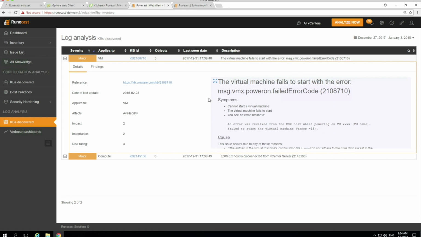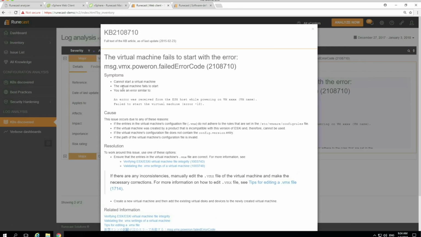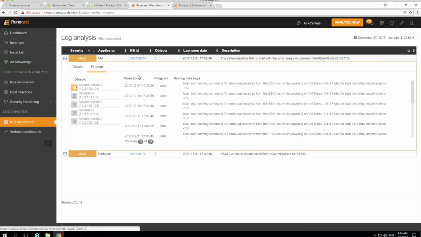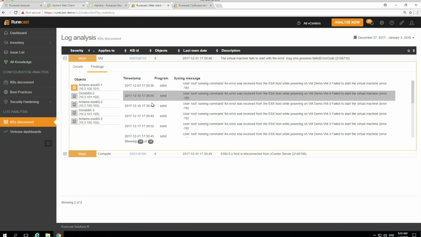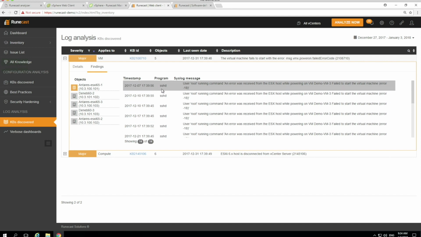If you drill down in, we'll get the KB article. We'll get the description as before, and the findings in terms of the relevant components that are affected, and also the specific log messages that went together to raise that alert in the Runecast Analyzer. And we've also got an additional